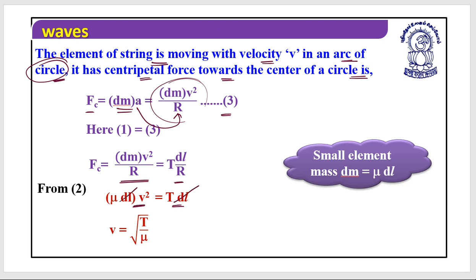So if I remove this, dl has gone, and I am left with v square is equal to T divided by mu, or v is equal to under root of T divided by mu, where T is the tension force